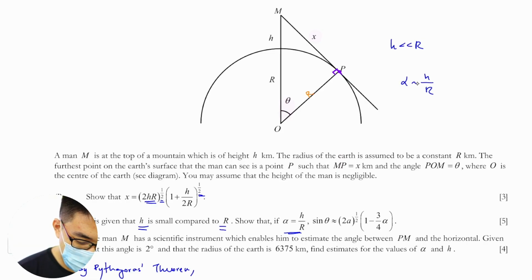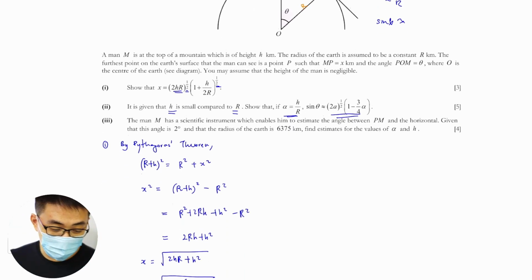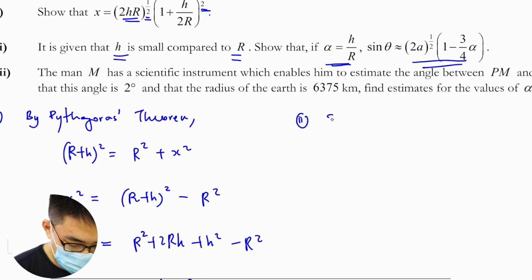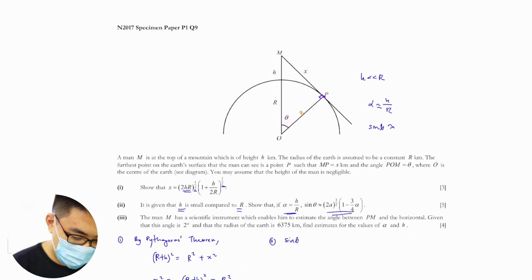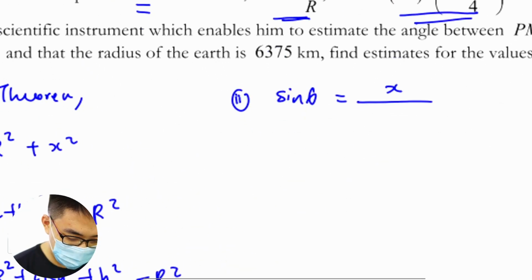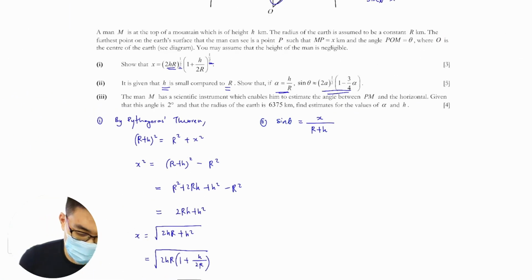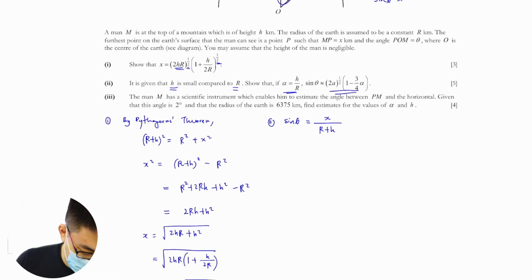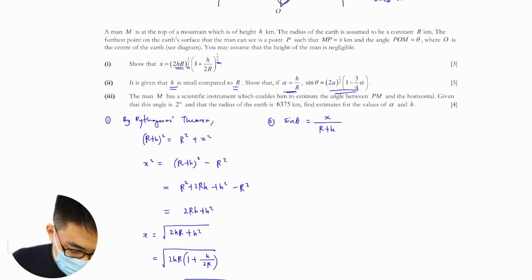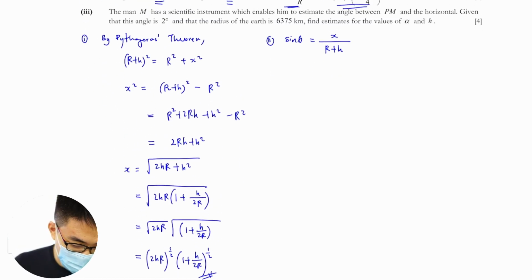then sine theta will be this. Okay, great. We try and understand this. Sine theta is opposite over r plus h, right? That's the reason why they asked us to write it in the first place. So that's sine theta. Then what I need to do is probably just use the first part and see